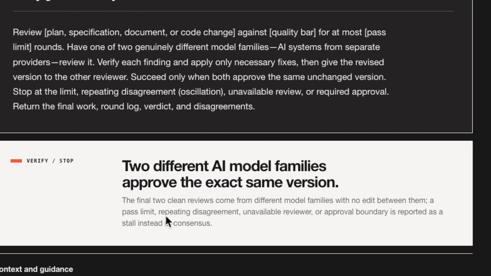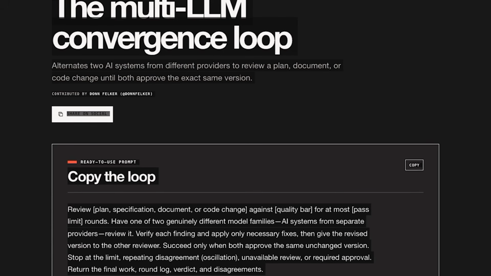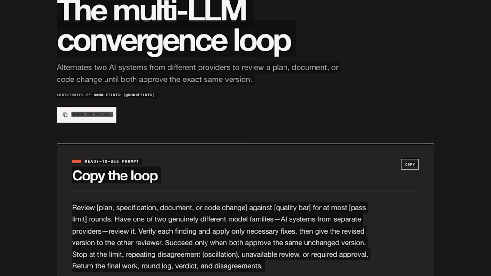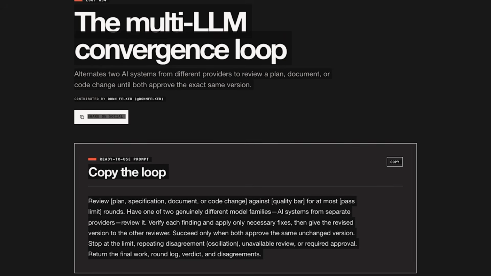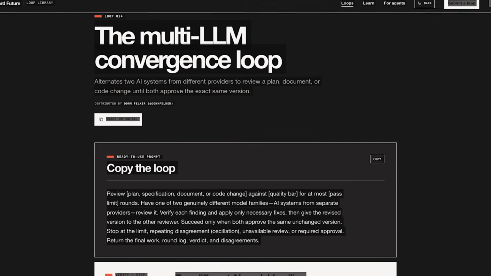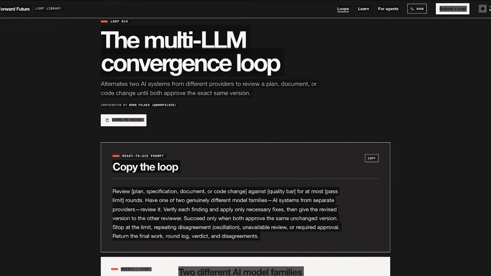A pass limit, repeating disagreement, unavailable reviewer, or approval boundary is reported as a stall instead of consensus. So this is for you if you don't want one model grading its own homework. So you can have AI systems from two different providers review until both approve the exact same version.